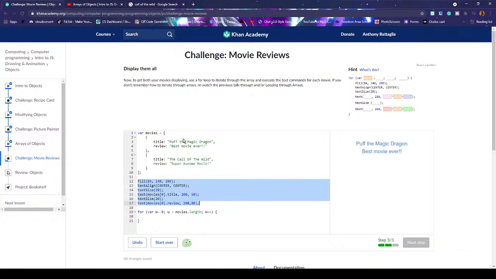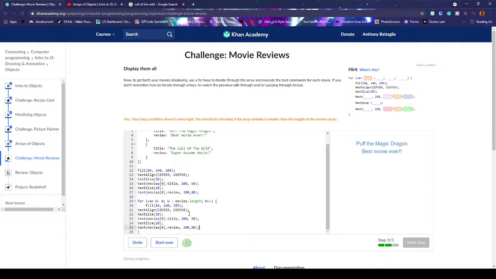Okay, copy that. We're going to paste it in here. Your loop condition does seem right. You should be checking if the loop variable is smaller than the length of the movies array. So fill that. That's good. Text is movies.title, but it should be,